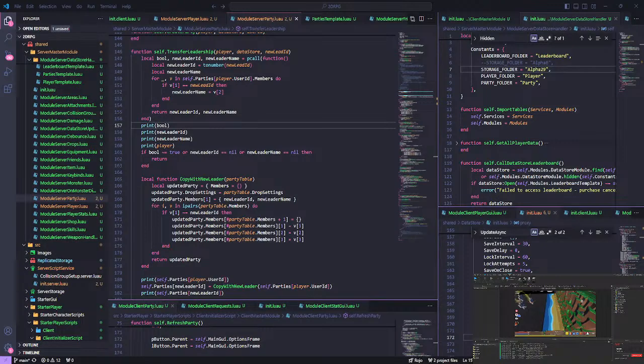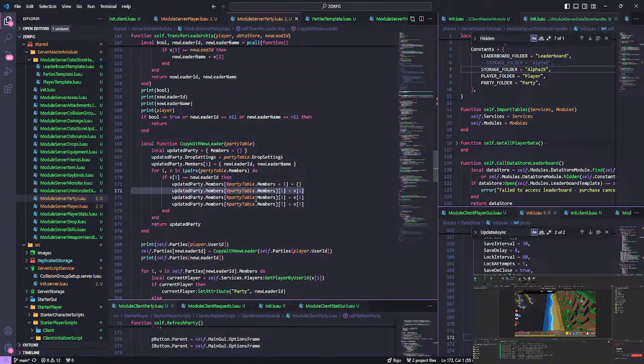Okay, yeah, that's actually weird logic on my part. Let me clear that up. I think I understand why it's messing up. So it's running into an issue here. The problem is copy with new leader. So this is the current party table. Party table.members plus 1. If there's 2 members, this becomes 3. And this is 2. Okay, so here's what I have to do. I have to say